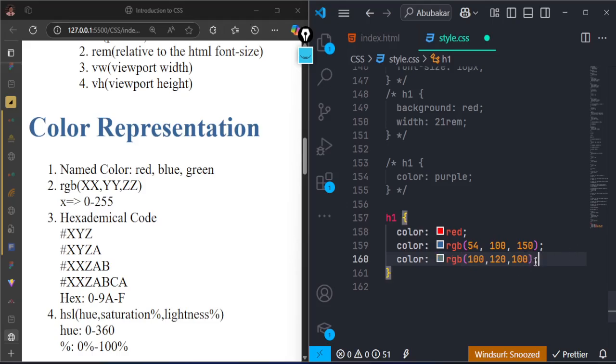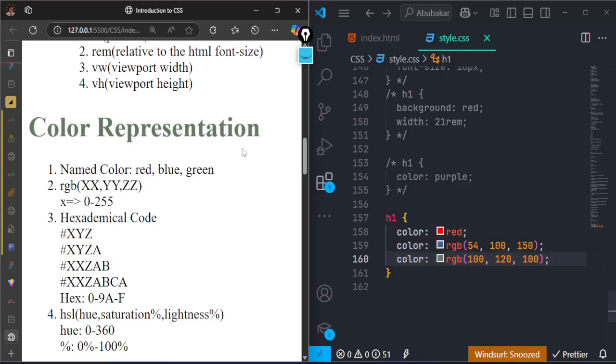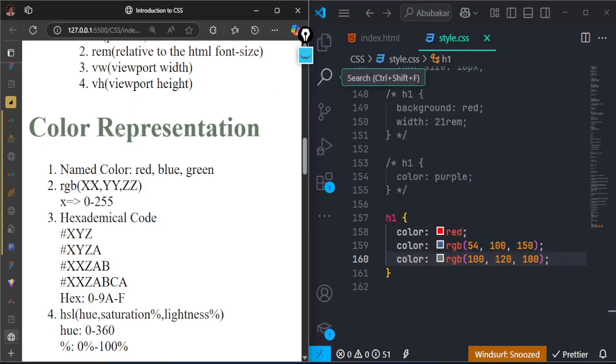So 100 for this, and now saving it, you see that it's now giving us this kind of a grayish color like that. So it's between this place, as you can see, the green is here, and the blue is there, and at the same time the red is here. So the green is having more value, that's why it's close to green, but the other ones too, they are there. So it's giving us this kind of a cool green, or this kind of a grayish green